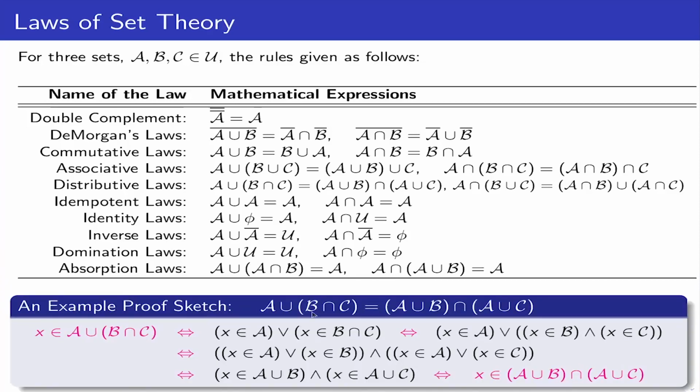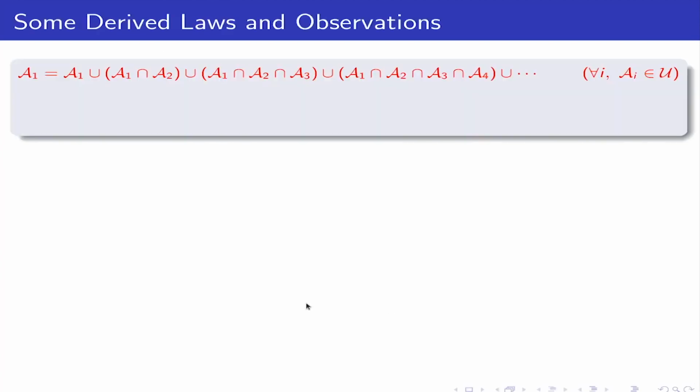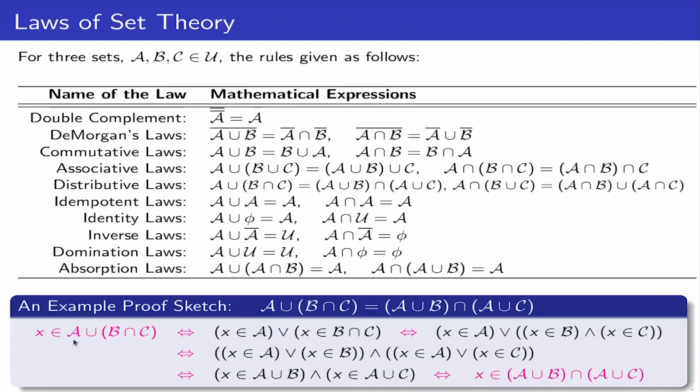I have shown one of them, showing the distributive law. When you have to prove that A union is distributed over intersection, if you have to prove these two sets are equal, then every element here is also a member of this set, and every element of this set is also a member of the first one. So we do it by saying logical if and only if. If X belongs to this, it means X belongs to A, since it's a union, or X belongs to B intersection C, which is equivalent to saying X belongs to A, or, since it says intersection, X belongs to B and X belongs to C both.